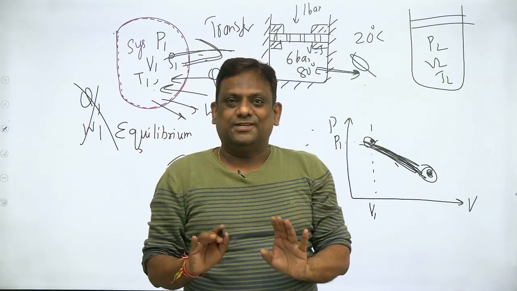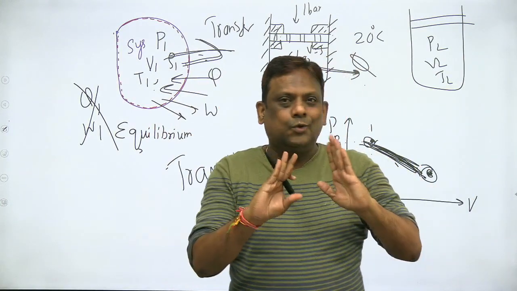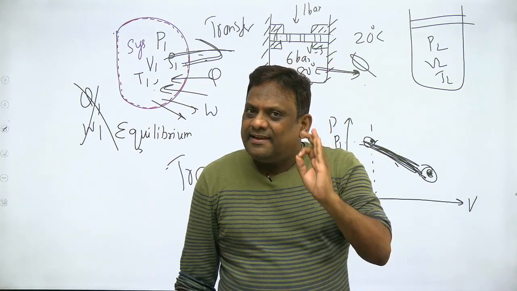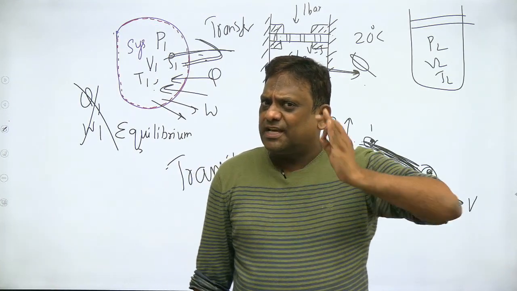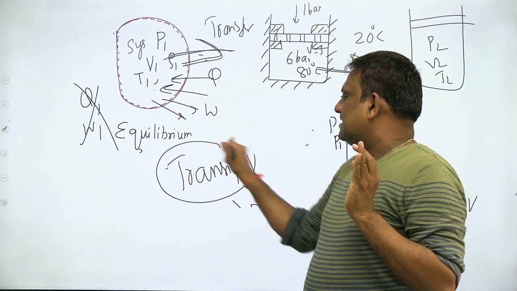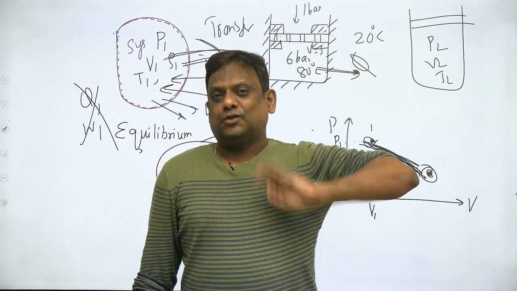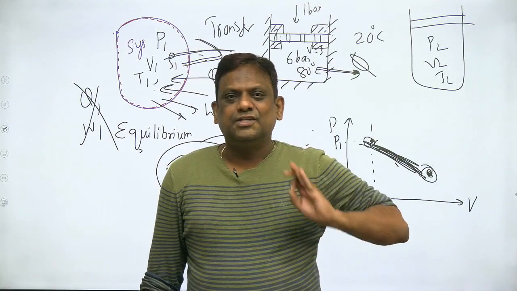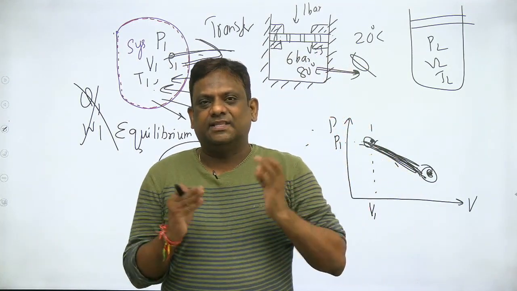Again you have only properties. Under an equilibrium state, when there is no process, we only have properties. You don't have heat and work. That's why heat and work will be observed only with a process. Whatever things are seen during the process, we call this transit. So heat and work are associated only with processes. They have nothing to do with equilibrium when there is no process. When properties are fixed, there is no heat transfer, there is no work transfer.